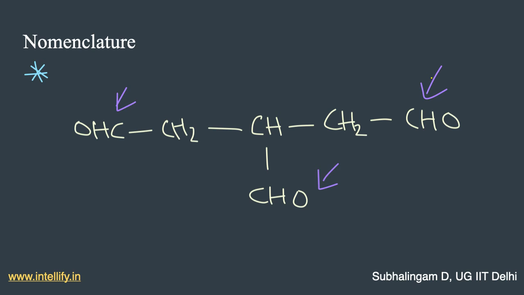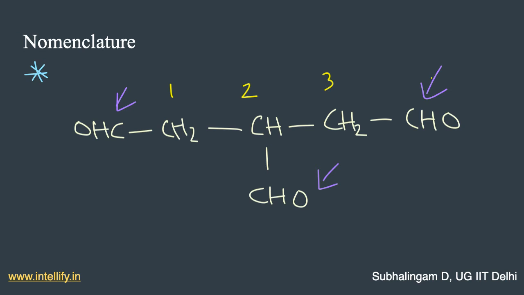So to get rid of this problem, we only consider the middle 3 carbons in the main chain, and so we have the numbering 1, 2 and 3. You can actually go from right to left, it doesn't matter, but for now we have gone from left to right. So now what? We have 3 carbons in the main chain, so the root word should be prop, and it's an aliphatic compound, so propane.